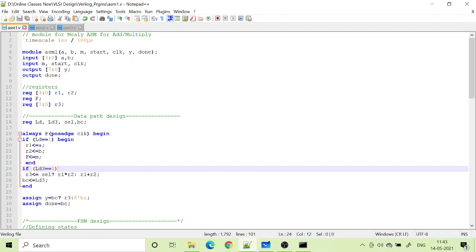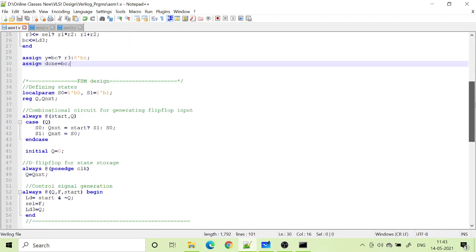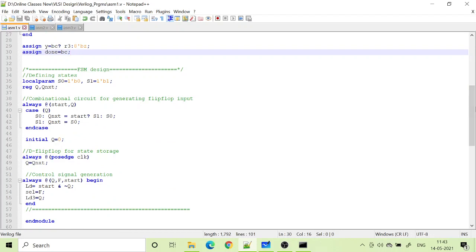Okay, so then the other part is basically the FSM design. So FSM design, as you already know, or you are familiar with it right now. So we defined what are the states. So in this particular case there are only 2 states, and we have three parts to it. One part is the change of state of the state machine. So Q will become Q next in the positive edge of the clock. So that is this part.